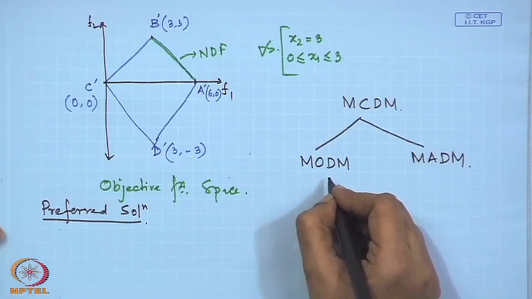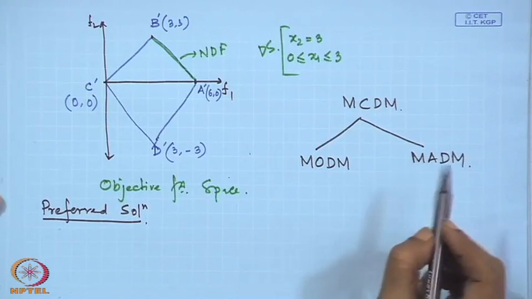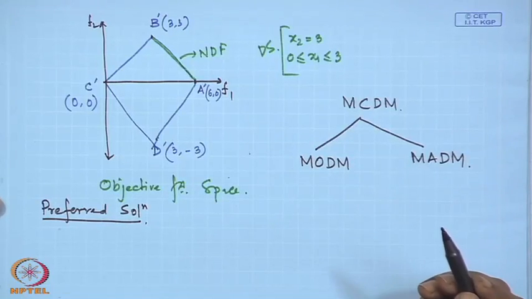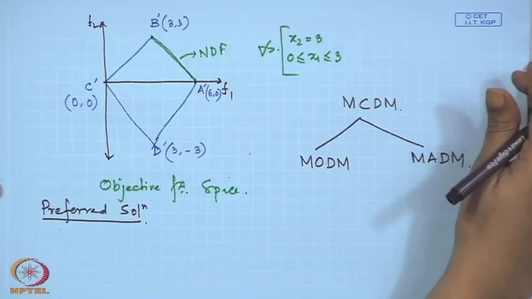That is why the non-dominated frontier has an infinite number of non-dominated points. But in multi-attribute decision making, we have a finite number of alternatives. That is why the non-dominated frontier has only a finite number of points and we need to select one from there. Now, today I will just deal with the multi-objective decision making problem, and there are different methodologies for solving it,